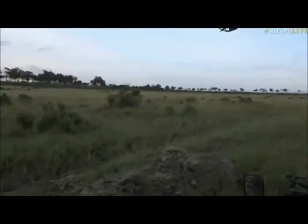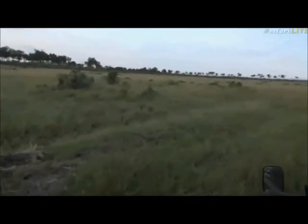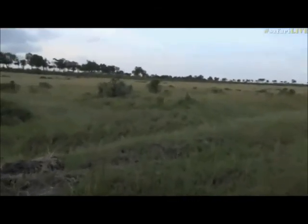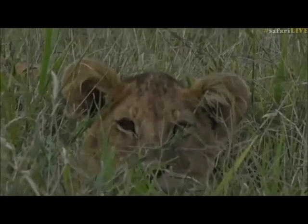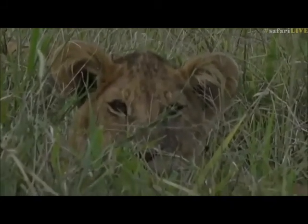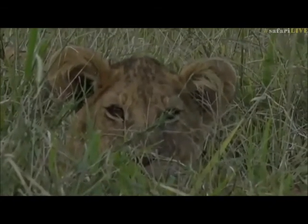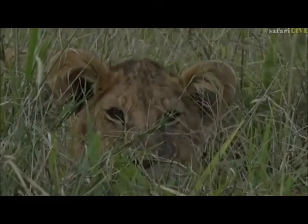Joshua is, of course, talking about leopards and wondering about the leopard population. The leopard, oh, isn't that sweet? Look at that little face peering at us. Hey, little guy. Hello. Sorry, Joshua, I got sidetracked by the lion cub. And Joshua, it's a very healthy leopard population in the Mara. I'm not sure of the exact densities just yet, but